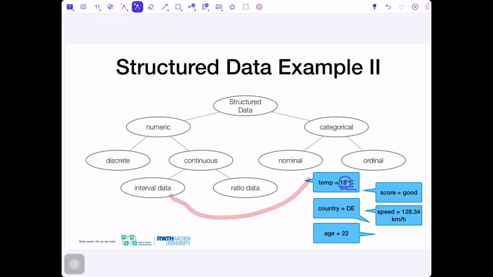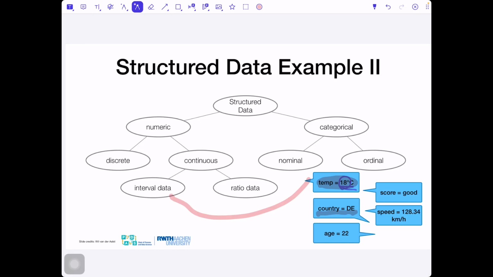The next question, what about the country? Sorry to interrupt you, but I didn't understand why it's interval. Can you explain again, please? Yeah, let's go to the temperature. If you think about Celsius, we have the zero, and we have minus temperatures and plus temperatures, right?